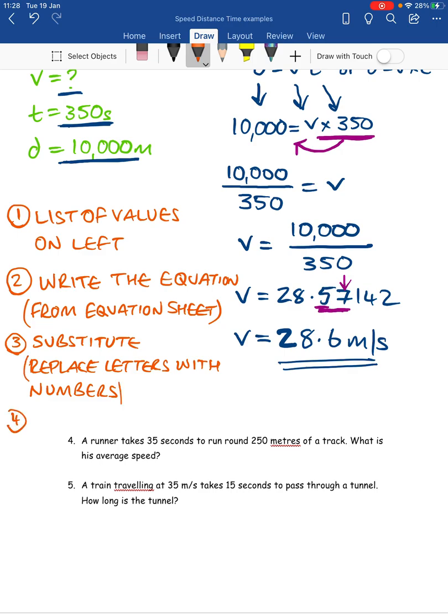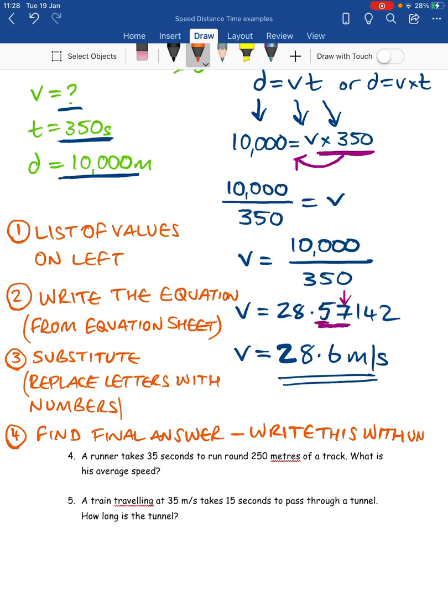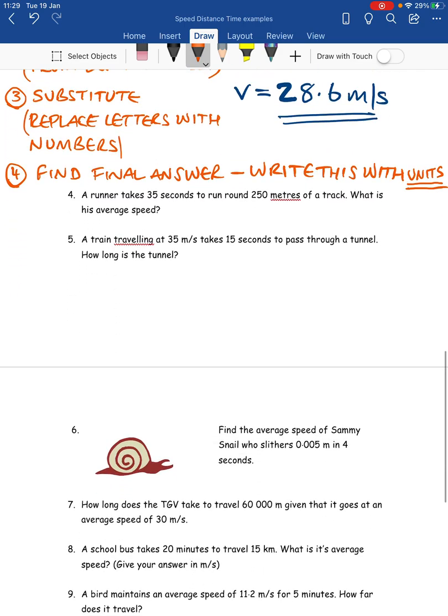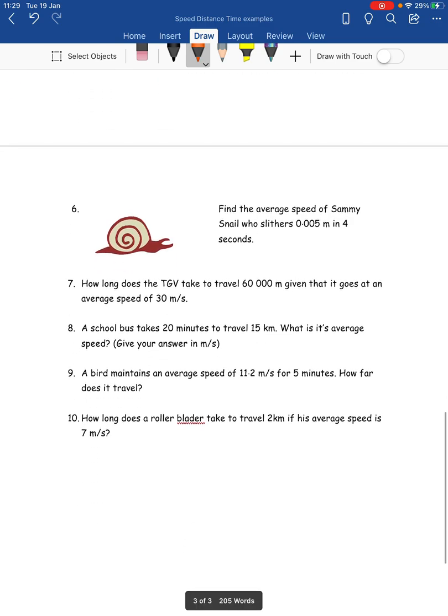And then your final step is to find the final answer and write this with units. Because your final mark can't be given if your final answer doesn't have units. So you're following the same steps that I've just shown you for every single equation problem. And now what you can do is you can try the rest of the problems on this sheet using those